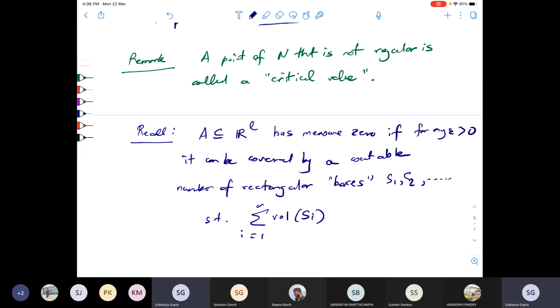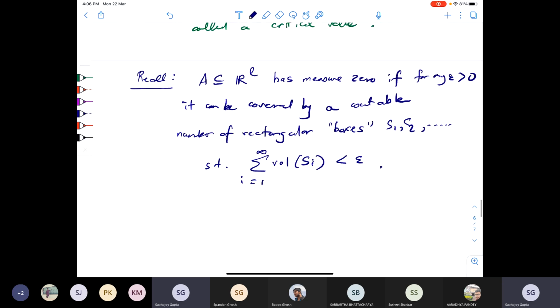So if you add these up, it's less than epsilon, right? So for any epsilon, you can do this, and that's when you say that. So here, let me actually say what a rectangular box is. So Si is something like a product of